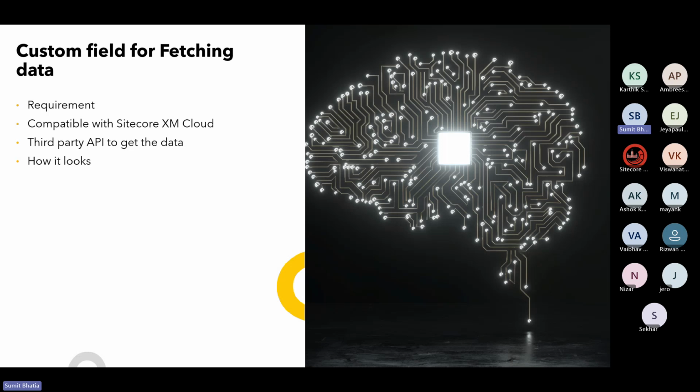The main goal of this implementation was to bring data from an external system or API into Sitecore XM Cloud. We wanted to create a custom field that could fetch live data from a third-party API and display it directly inside the Sitecore interface, because it was created in their old Sitecore XP environment, where they were using a custom field. When a user creates a page in Sitecore, they use that custom field, which contains an autocomplete to get the location from a third-party API. When the user chooses a location, it gets the data from an API